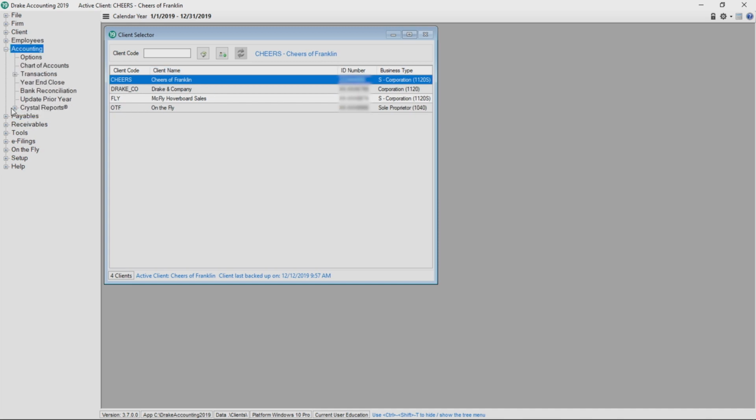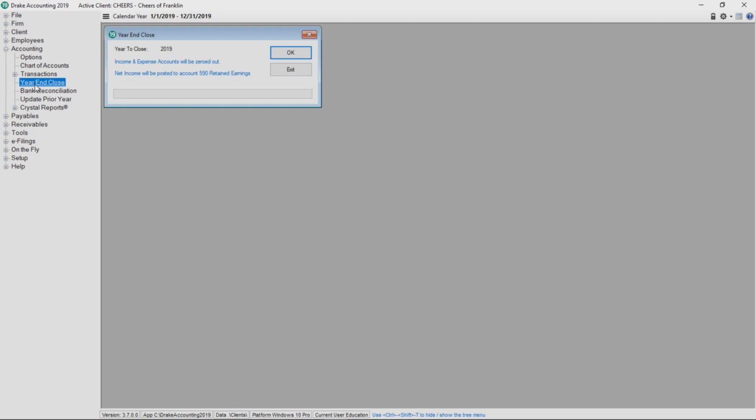Expand the accounting module and select Year-End Close. Income and expense accounts in the chart of accounts with an account number of 601 and above will be reduced to a zero balance and the net income is sent to the retained earnings account. Click OK. After completing the year-end close process, the chart of accounts can be brought forward to the current year